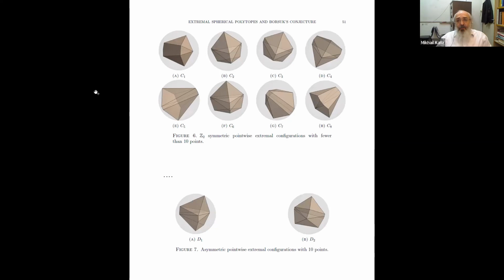We actually have a web page that has pictures of these. I think the pictures on the web page might actually be better than these pictures. These pictures show all the edges, and so it's a little confusing. But in any case, these are the examples in three-dimensional Euclidean space. Borsuk's conjecture is proved. So these examples are a bit of a curiosity.